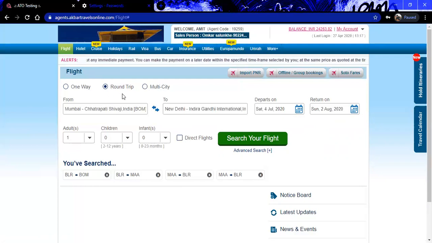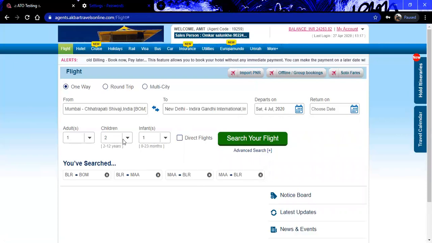This is how the tabs also get changed. For multi-city, you have to click on multi-city, as this includes different destinations, so you can select this accordingly and go for a multi-city booking also. As of now, let me go with the one way option only. As per the number of passengers traveling, you can select the passenger category-wise, like adult, child, and infant. The ages are given in the tab below. You can just click on the button and select the count of passengers traveling. Accordingly you can select.